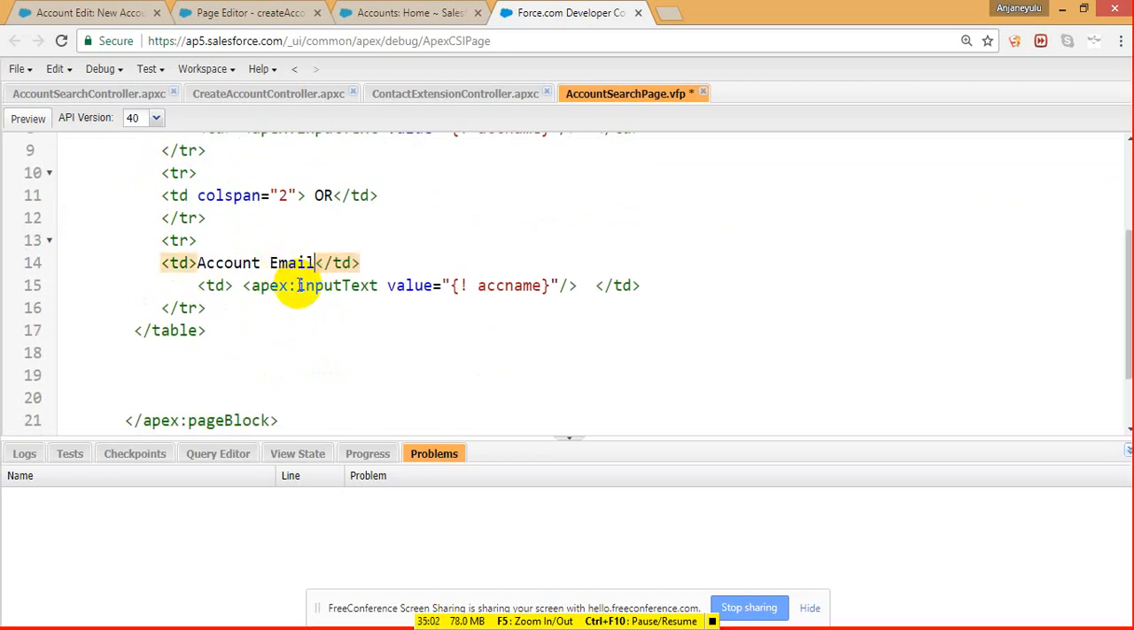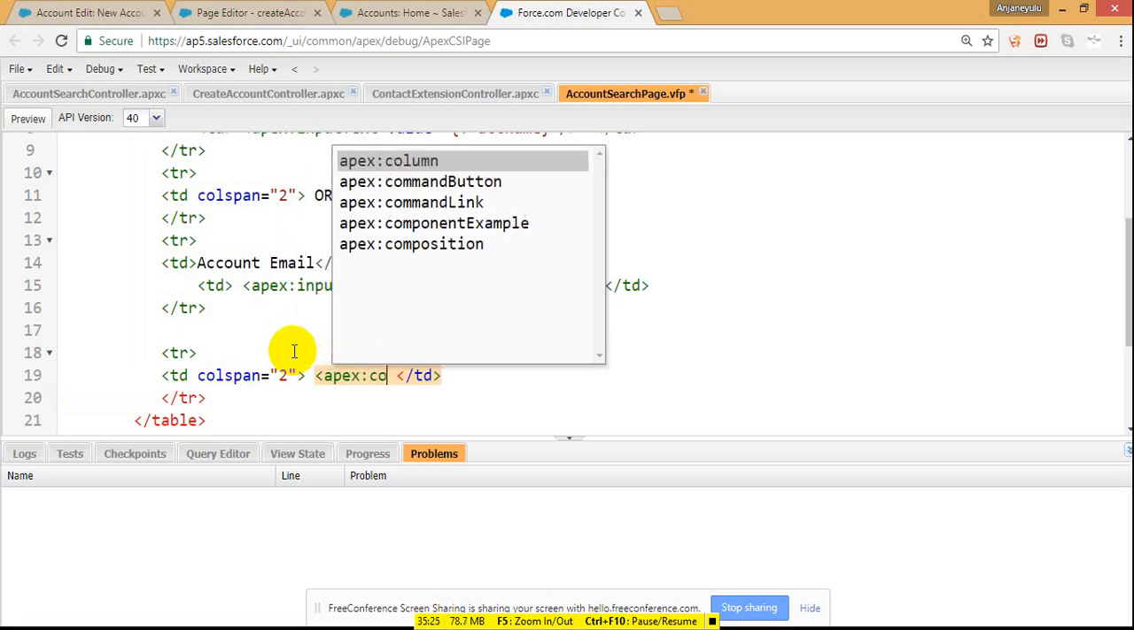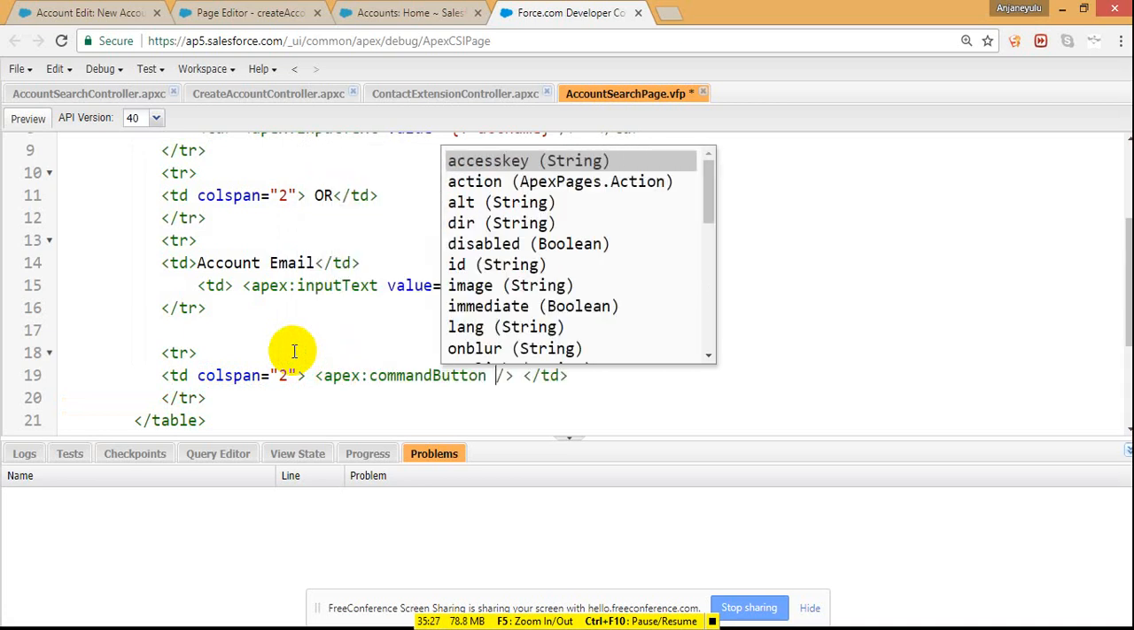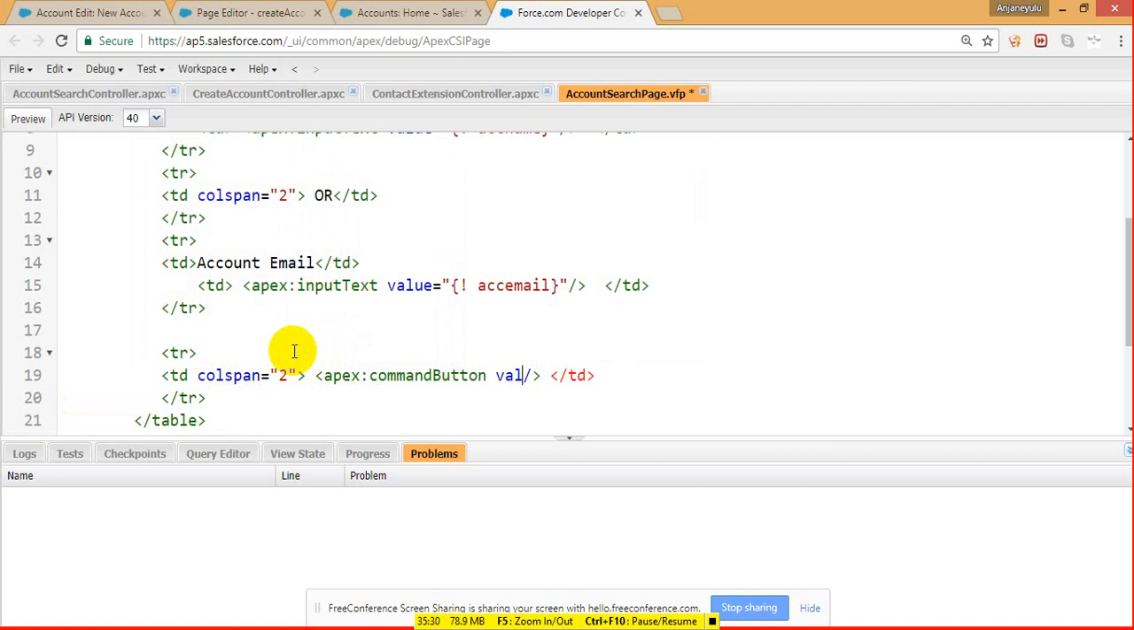Account email, ACC email. Now finally, once this is done, we need one more tier, then td with colspan equals to 2, apex colon commandButton, value equal to search, then action equals to